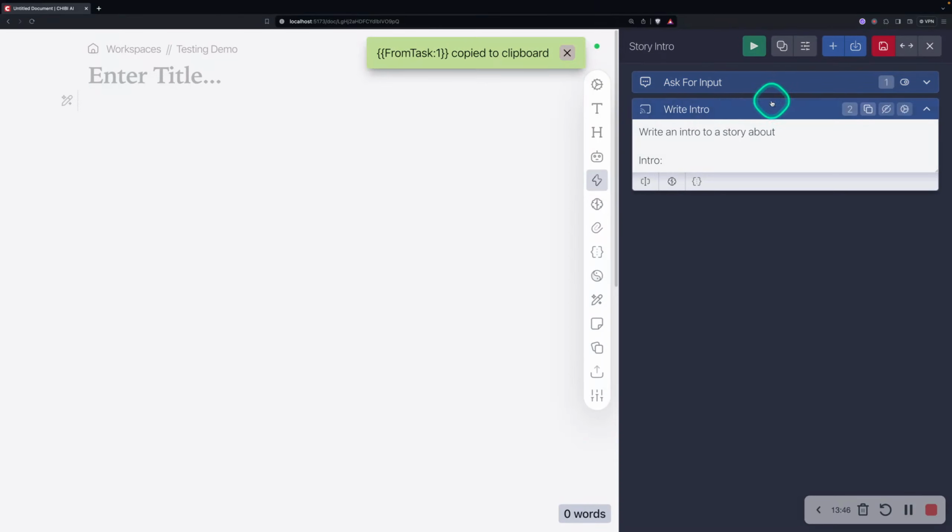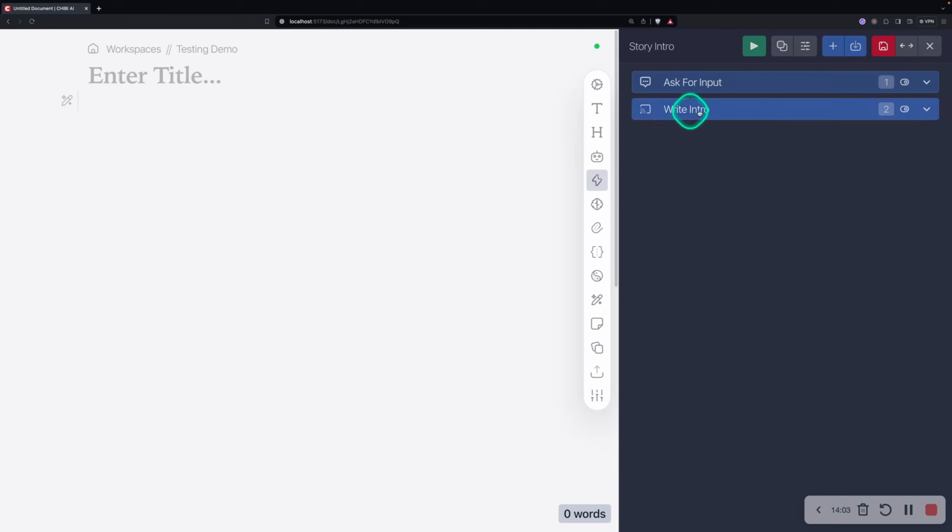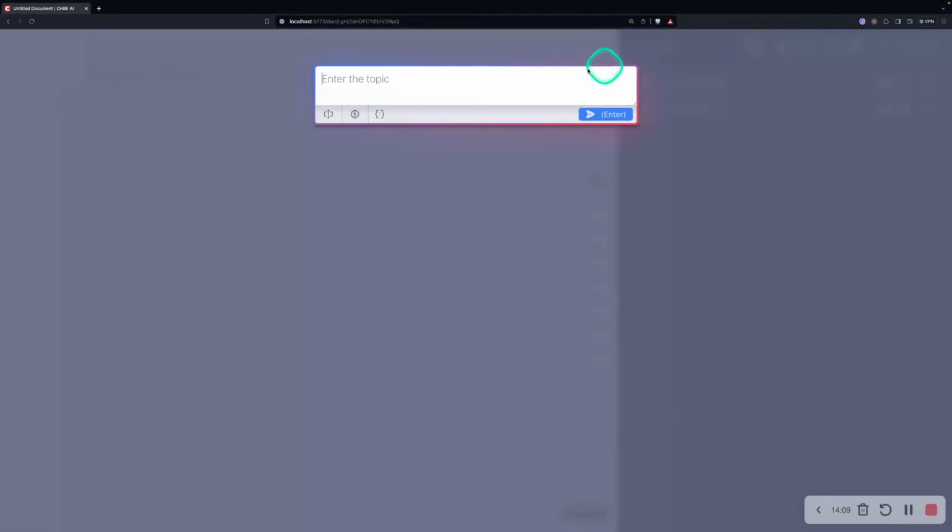This copies the variable from this task so that I can use it here. What this means is that whatever I write into the ask for input pop-up will be injected right here, and then this task will do its job. So let's hit save. I'm going to click over here once, get some focus on the document, click go, and I'm going to say